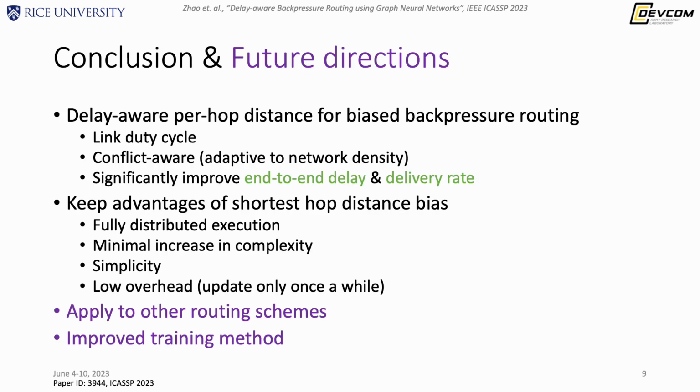To sum up, in this work, we use a graph convolutional neural network to predict the link duty cycle and then use it for biased backpressure routing. Compared to the shortest hop distance bias, our approach can significantly improve the end-to-end delay and the delivery rate, while keeping the advantages of fully distributed execution, simplicity, and low overhead. We hope that our approach can also be used to